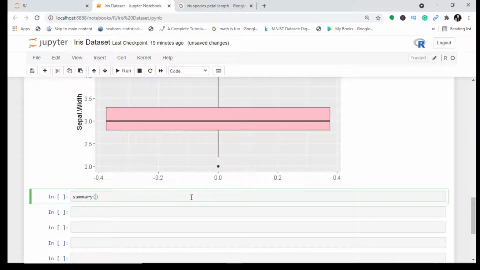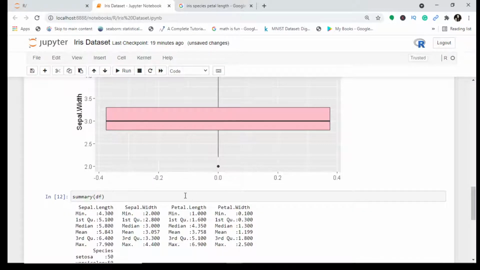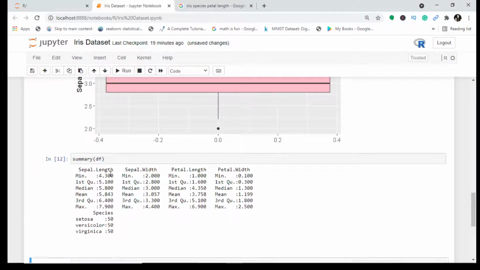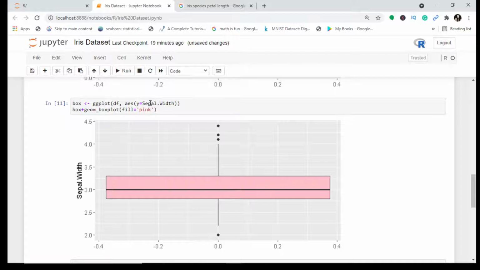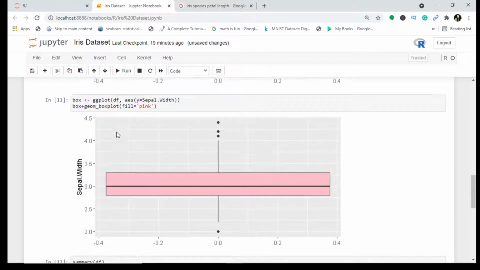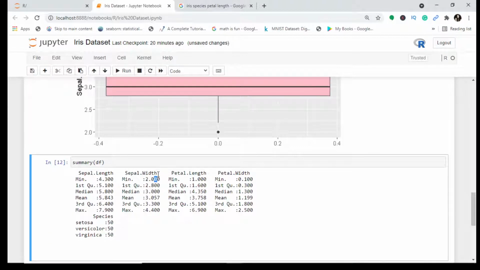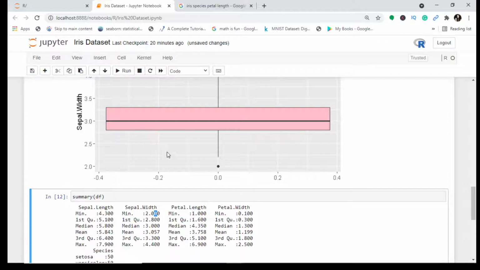Now this box plot I will explain with the help of the figures, that is the numbers, so that things become more clear. This summary gives me the statistical details of my entire data set. I have taken here sepal width and petal width, so let us understand sepal width first. The minimum is 2, and this is an outlier, as you can see.